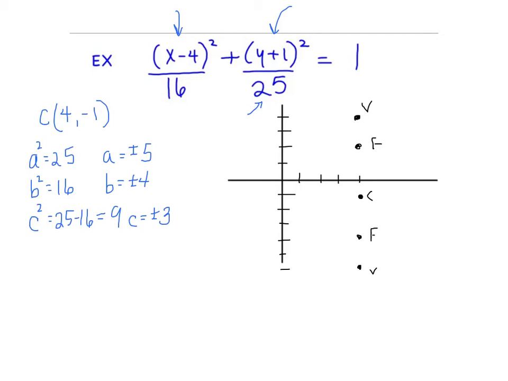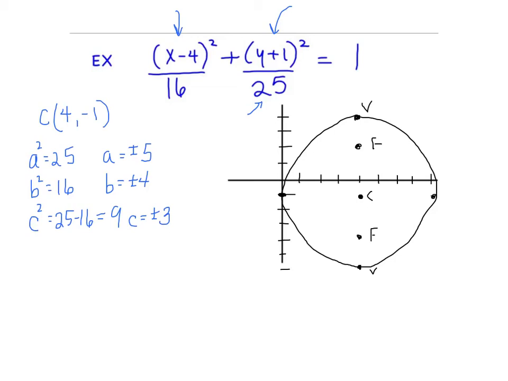I need the co-vertices, so from the center, I'm going to go right and left 4. 1, 2, 3, 4. 1, 2, 3, 4. And then I'm going to draw that in. So I need the co-vertices to finish off the ellipse. And the only thing I have left to do is to find the